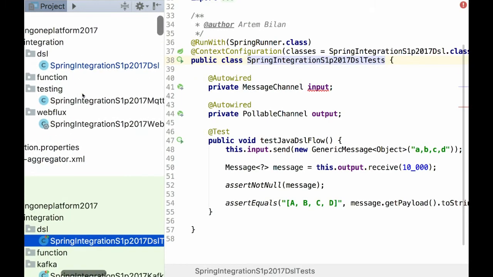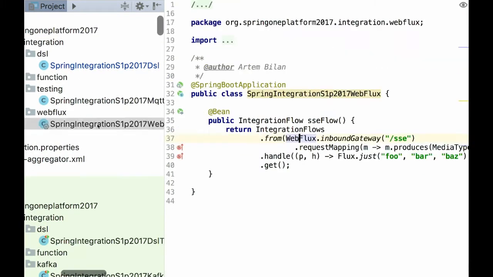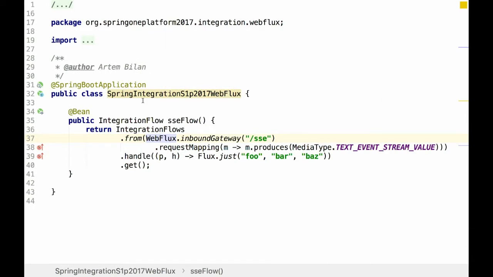That is a pretty simple application, very straightforward. And here I built a small, simple integration flow, which uses the WebFlux namespace and provides an inbound gateway.